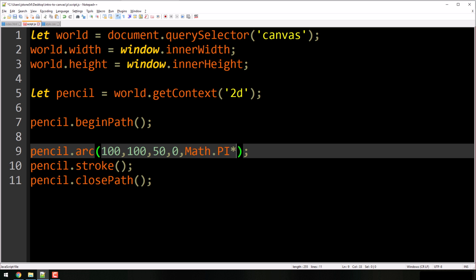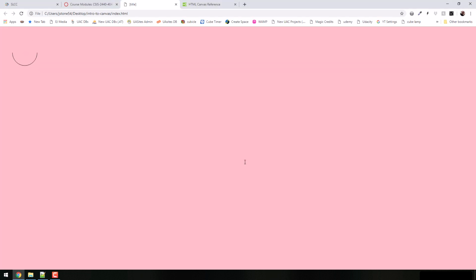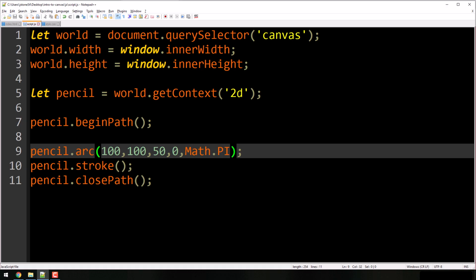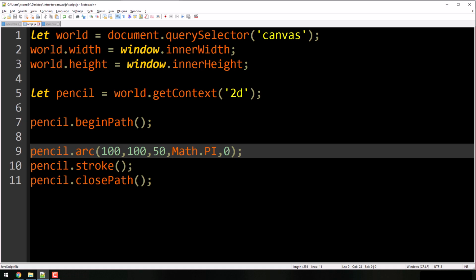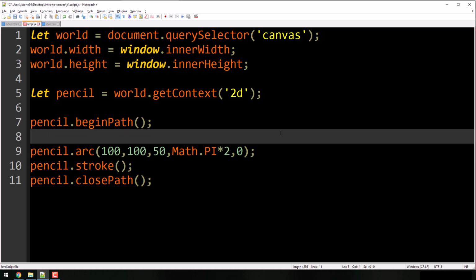So if I just go to math.pi, not times 2, I get halfway there, right? So it's an arc, okay? And if I wanted to go from math.pi to 0, that would give me an arc the other way, okay? But we want a full circle. So we're gonna go math.pi times 2. That's just a constant in the library. All right, sorry about the little mix up there. I was missing a variable.